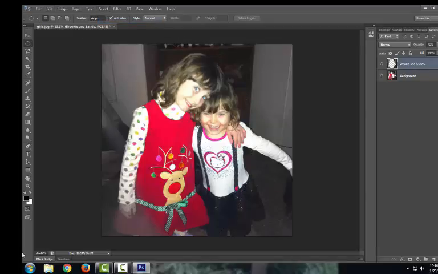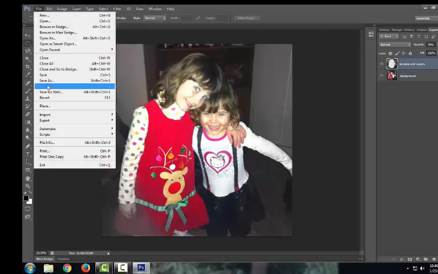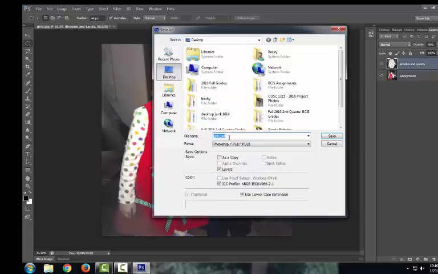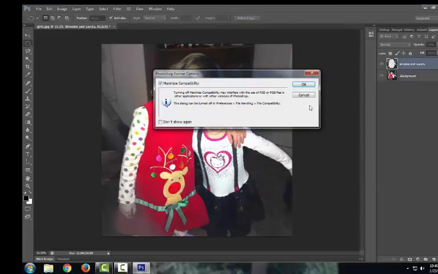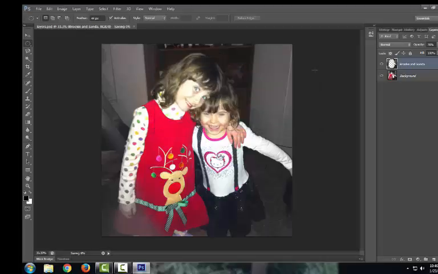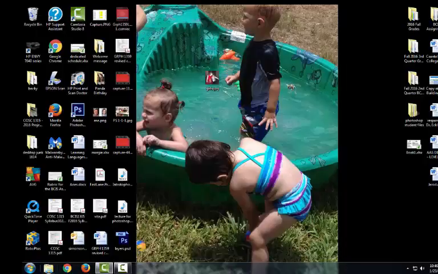I deselected it, and now I'm just going to save the image. And I just changed it to layers just to show you, and then click on save. And it's telling me about maintaining compatibility, which is okay. So that's it for lesson 2. On lesson 3 you will actually get to turn something